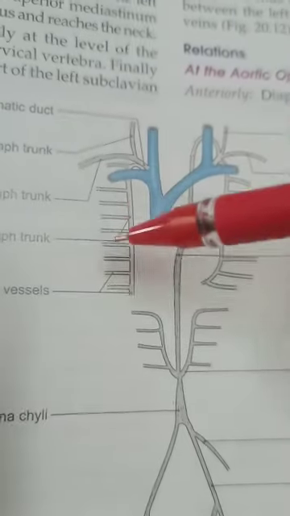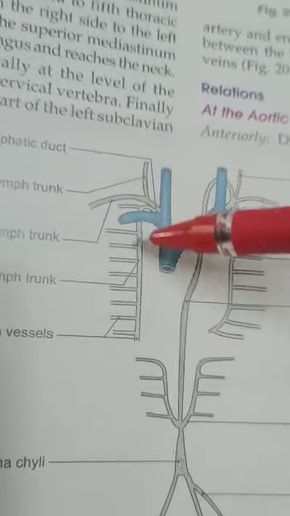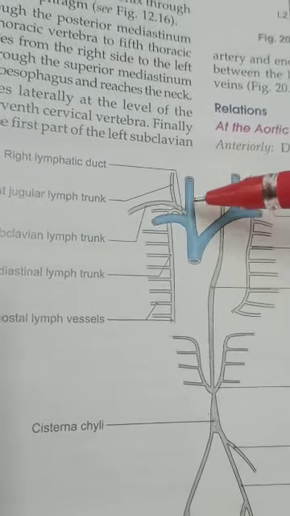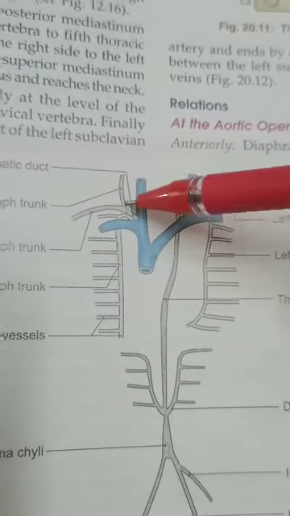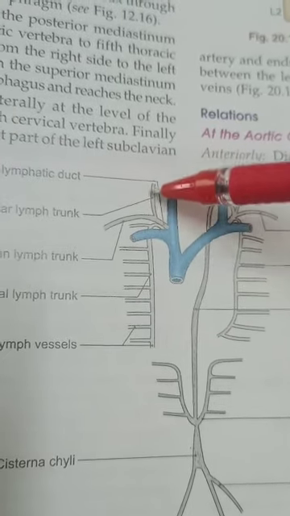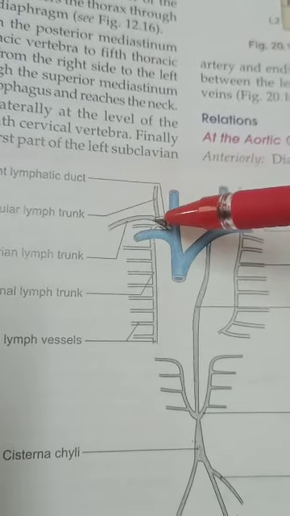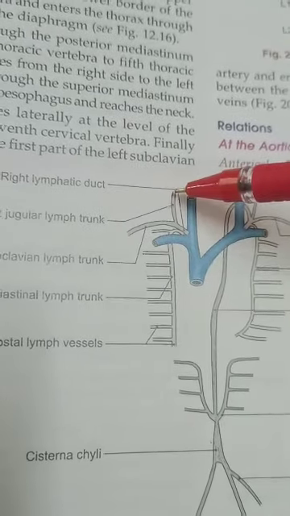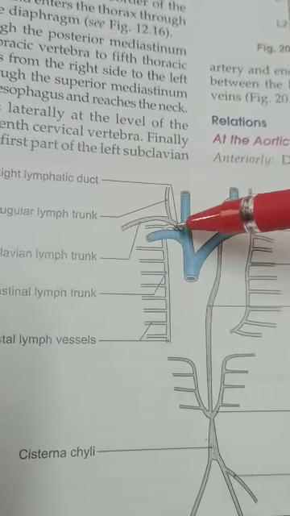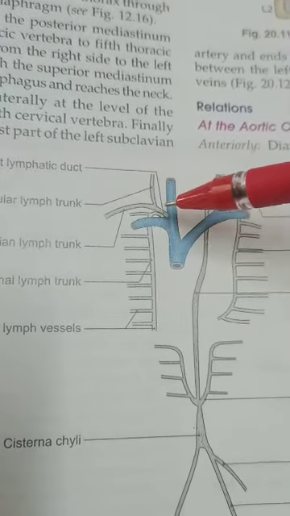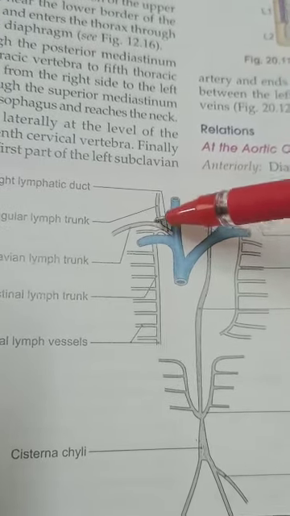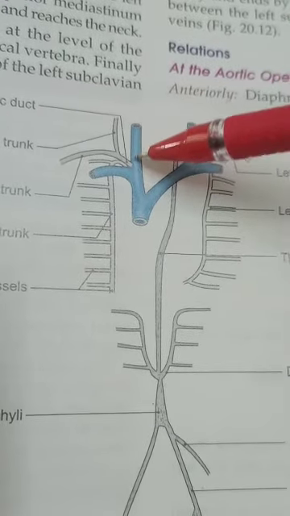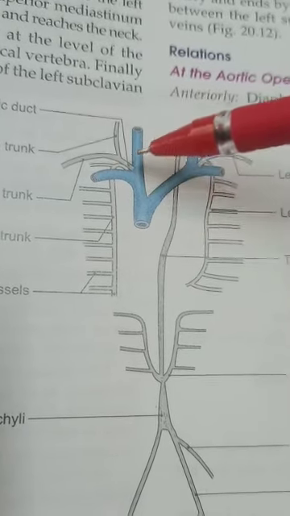That's the thoracic duct. Here we can see this is another duct. This is known as the right lymphatic duct. So it drains the right part of the head and neck region, that is, the right upper limb. Its tributaries are the right jugular and right subclavian lymph trunks, joined together to form the right lymphatic duct. It also ends by joining at the junction between the right internal jugular vein and right subclavian vein. Here it will be joined.